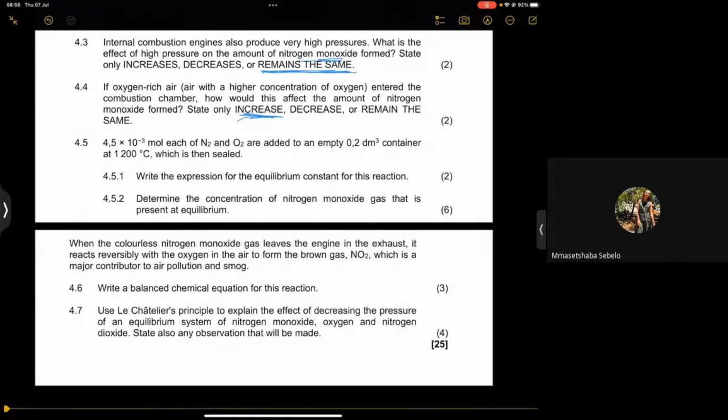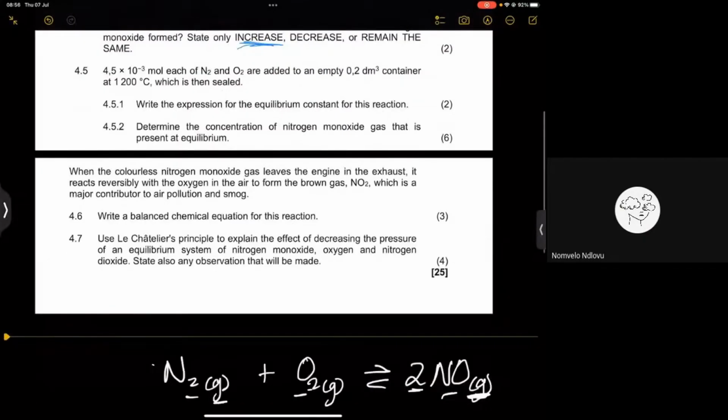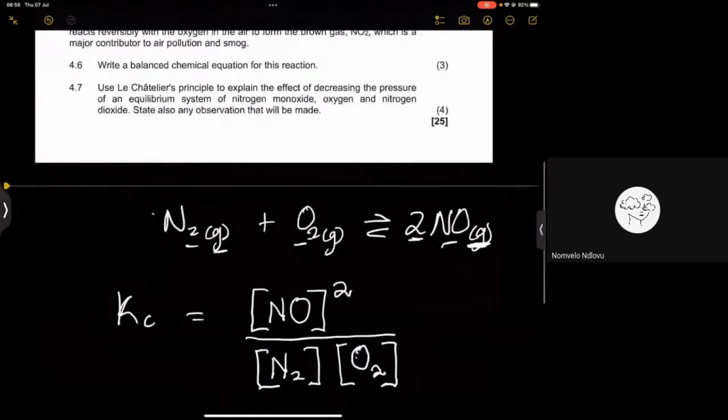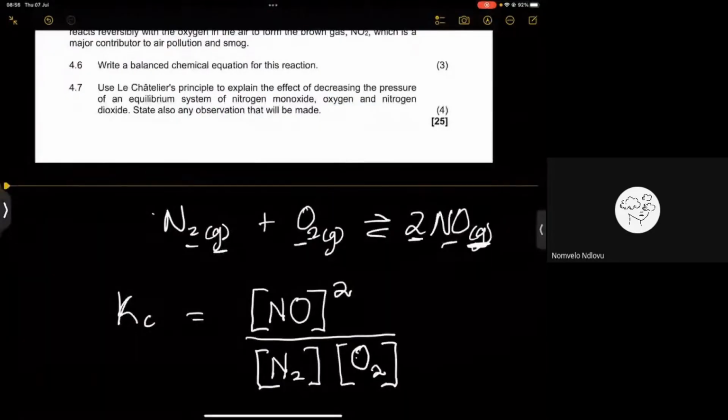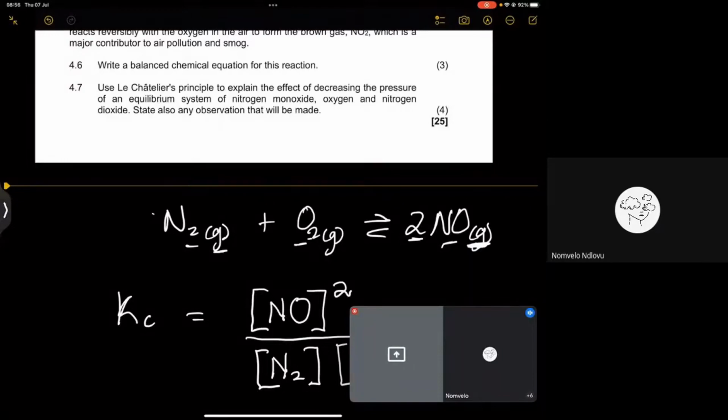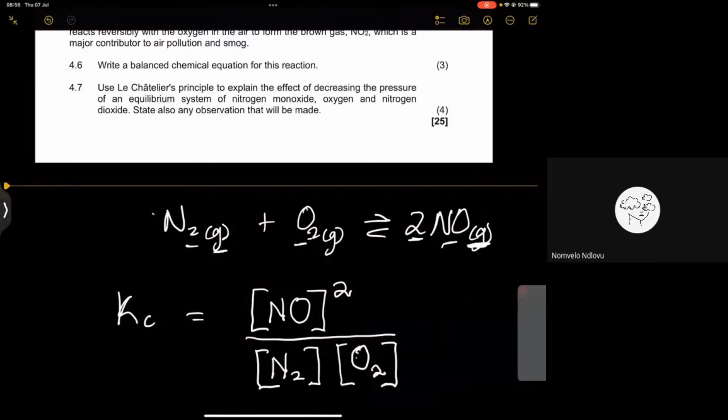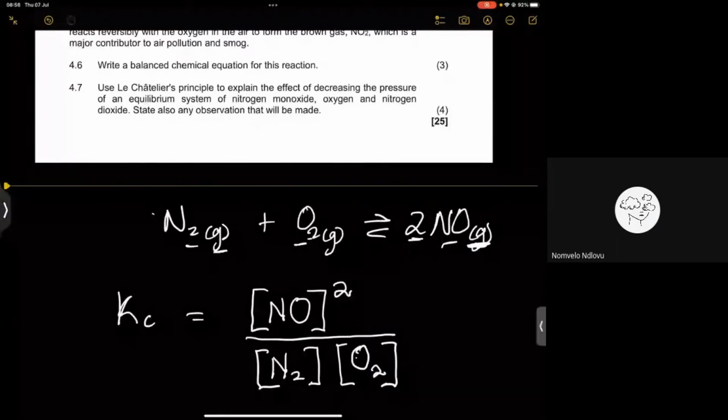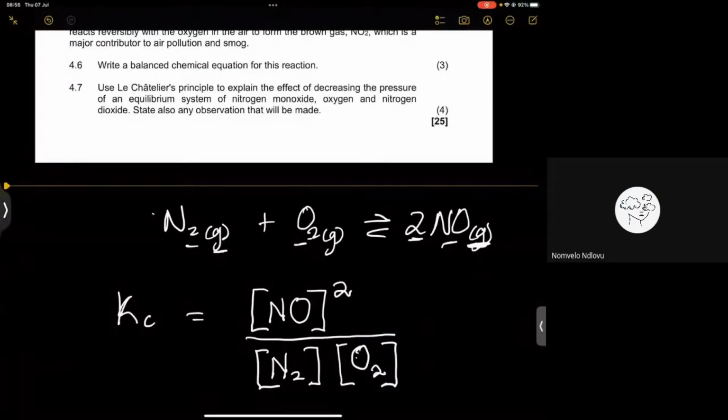Yes, sir. All right. Now, in this case, they said to us, determine the concentration of nitrogen. Yes. Can I please ask? Yes, go ahead. I'm sorry. So if on the side where there is nitrogen and oxygen, if we replace it, it becomes the product side, then the part becomes the reactant. So will the product be